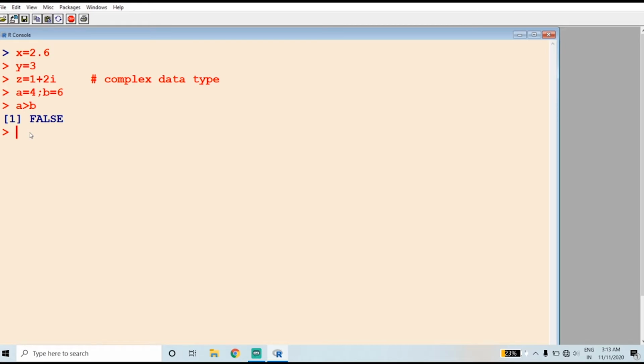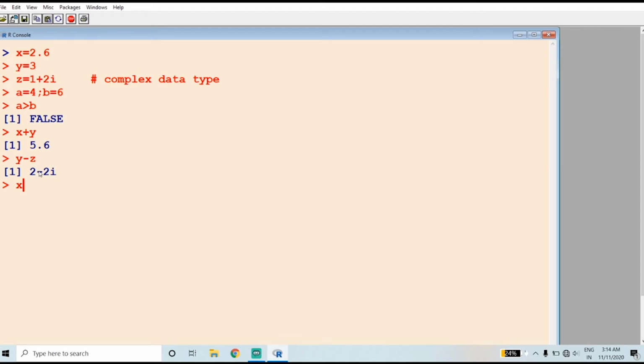First, I have to add the first two variables, that is x and y, and I can write the command as x plus y. Here you can see the output, that is 2.6 plus 3, we will get the output as 5.6. So plus sign, addition, is an arithmetic operator in R. Next, I am using variables y and z, and subtract y minus z. Press enter key. This is an example for the next arithmetic operator, that is subtraction.